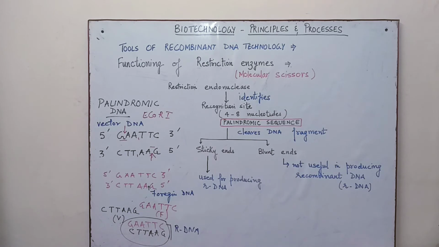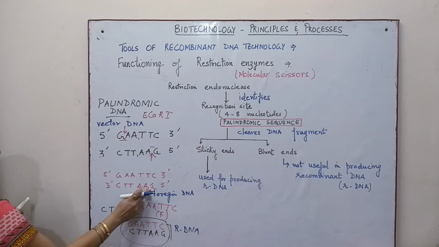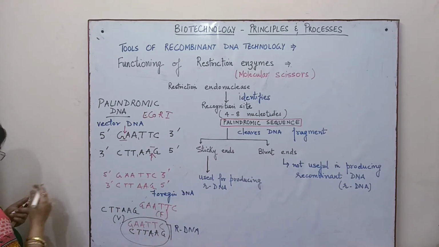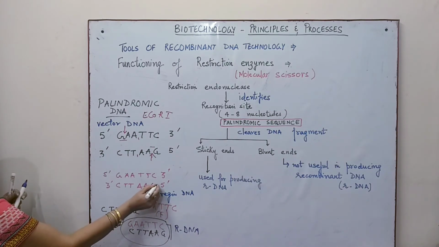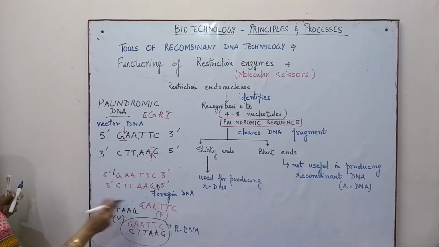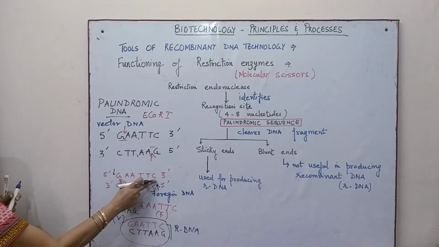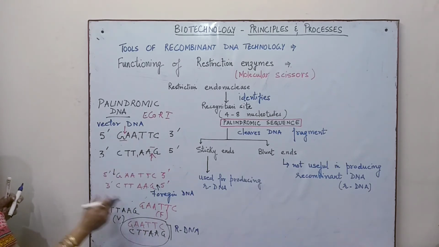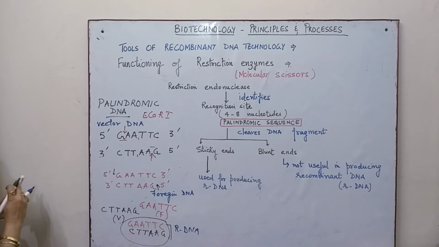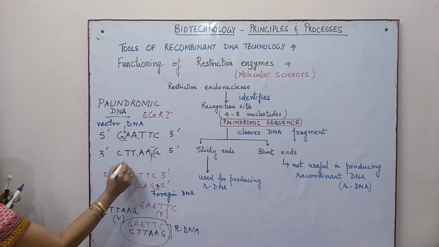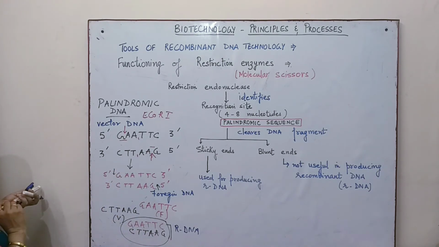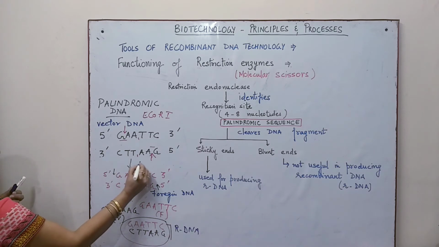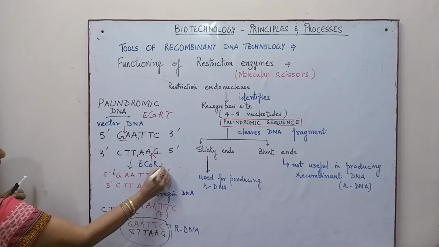So these actually help in cutting, because over here this is cut away from here. Let's suppose the cut is by the restriction enzyme; it's a continuous sequence, so the cut is here. As a result, the two sticky ends are produced, and these sticky ends will be joined with the help of, over here, EcoRI.